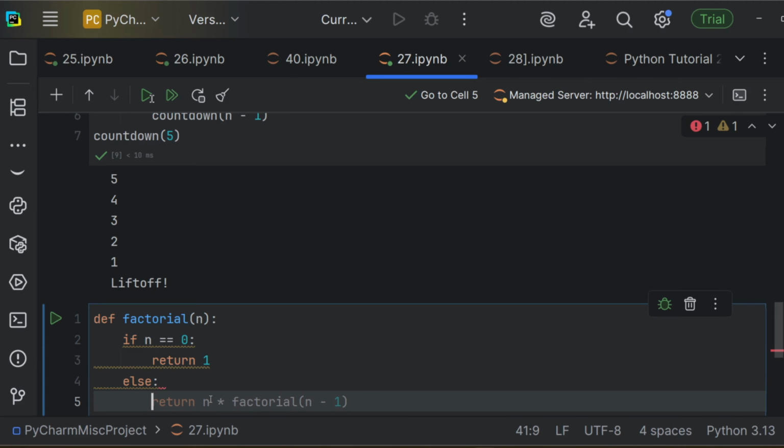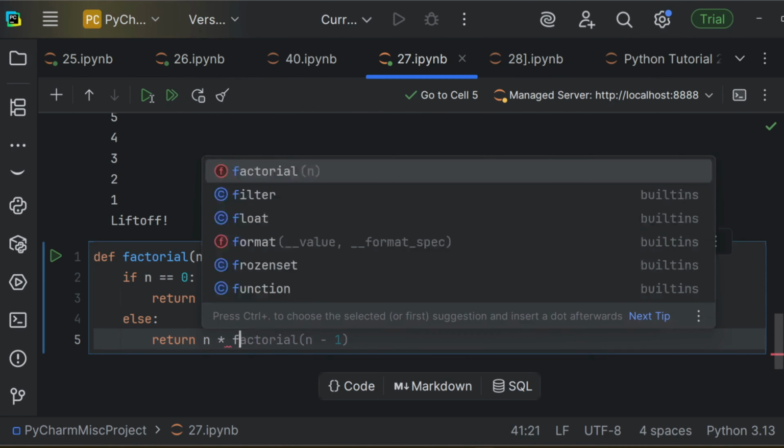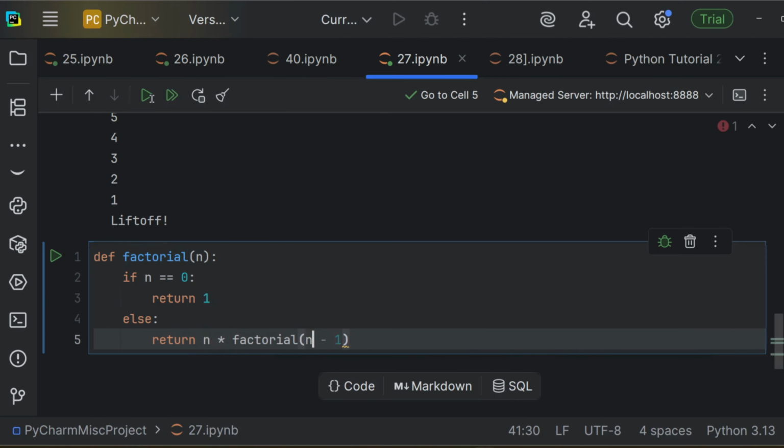How will you put that in code? We do this by putting return n times the factorial, once again calling the factorial function, of n minus 1.